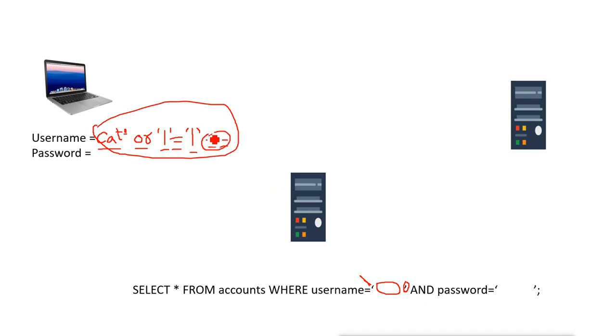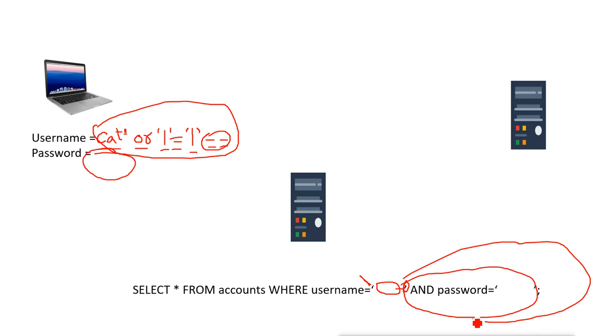And now what it becomes here, this colon colon will do what? It will take these other things as comments. That means after this colon colon comes here, this whole part will become like a comment. So no matter what option, what password you give here, it does not matter, because the password you give here will still go here, it will still add it here.